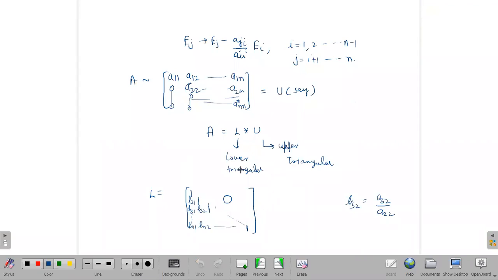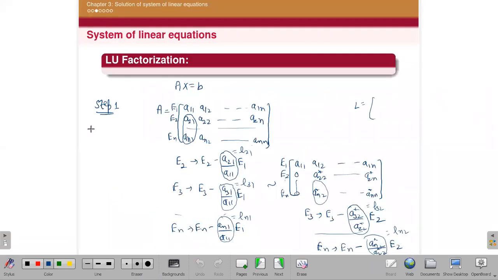So after finding L and U, that will be your second step. In the first step, you reduce the matrix into upper triangular, then you find the lower triangular matrix. And then in the next step,